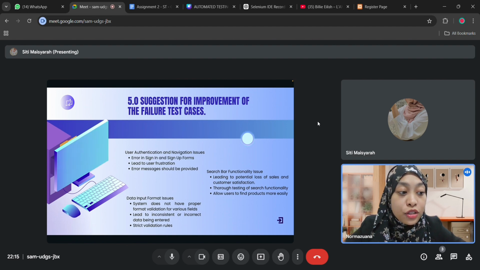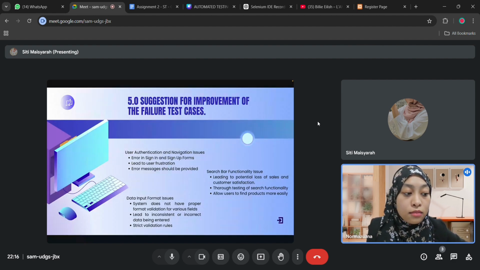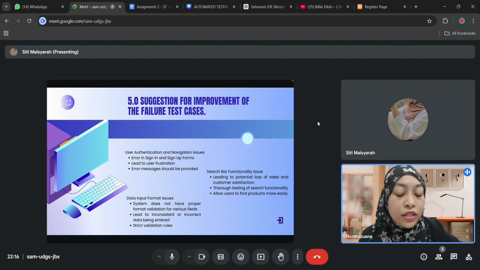Test cases should also be created to verify various scenarios, such as entering valid and invalid credentials, handling already registered email addresses, and also ensuring proper redirects to the index page after successful login or registration, or when the user has entered all the input needed. So I think the way to solve this issue is by providing a clear error message, such as sign in is unsuccessful or there is an error to sign in. With this error message provided, it should clearly inform the users of the issue and guide them